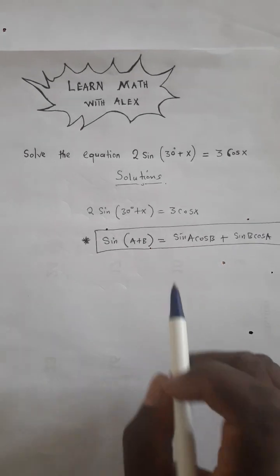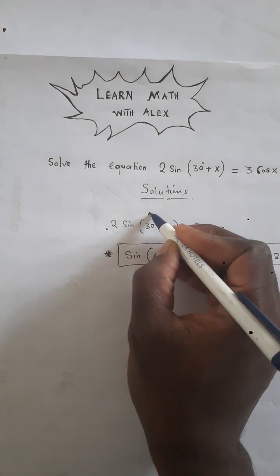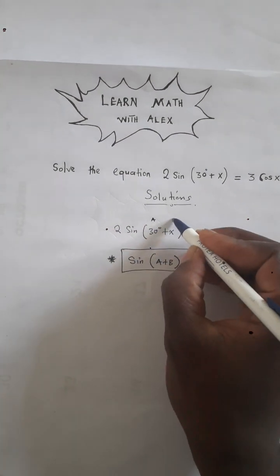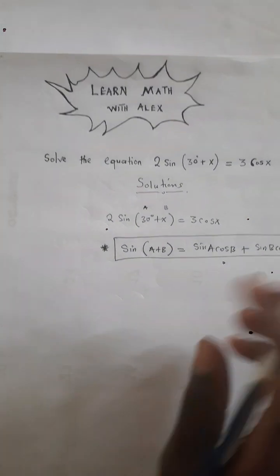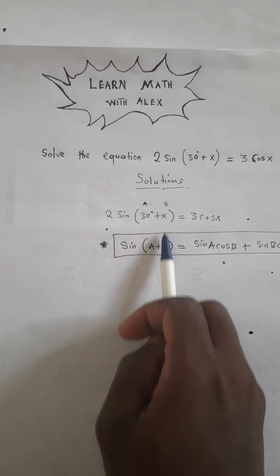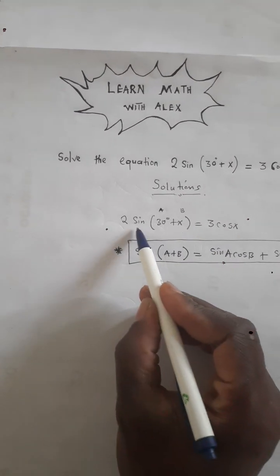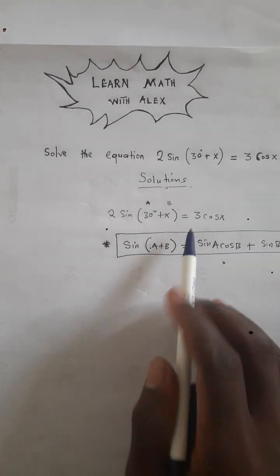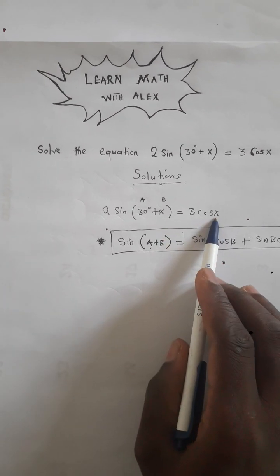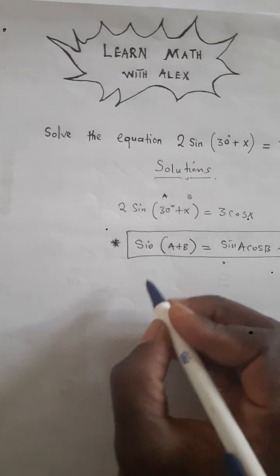I want you to see this 30 as your a, and this x as your b. In simple terms, a is 30 and b is x. So we are going to replace this expression here by that. We leave the right-hand side the way it is, and we leave this constant 2 the way it is. So it's going to be